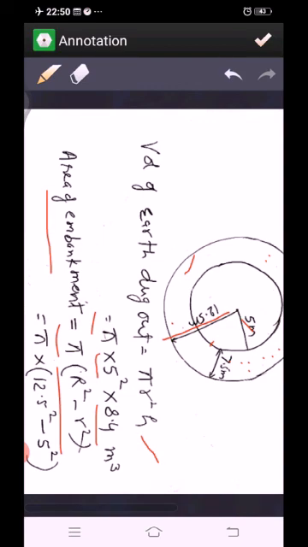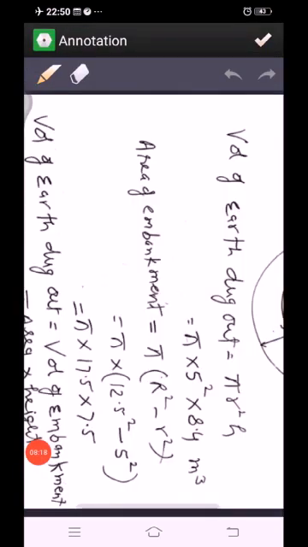So pi into 12.5 square minus 5 square. We can apply here a square minus b square, that is a plus b into a minus b. So 12.5 square minus 5 square, that is 12.5 plus 5, that will be 17.5, and 12.5 minus 5, that